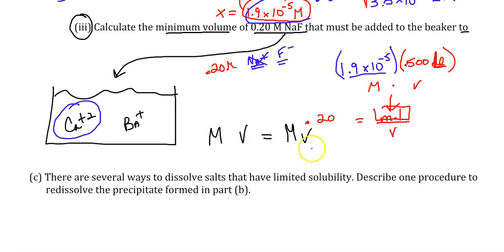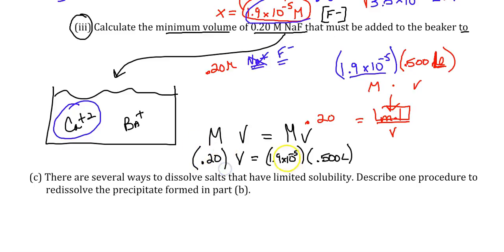So if you want to use MV, take your 0.50 liters, take the molarity, which is 1.9 times 10 to the negative 5, which is what the fluoride ion concentration must be in order for precipitation to first occur. We want to solve for this volume of 0.20 initial molar. So really what we're doing is solving for the moles and dividing by the molarity to get the new volume. How much of this 0.2 molar solution do we need to achieve this molarity? That's it. So when you set that up, and you could have done it two different ways,